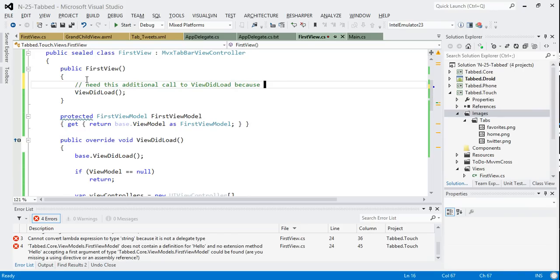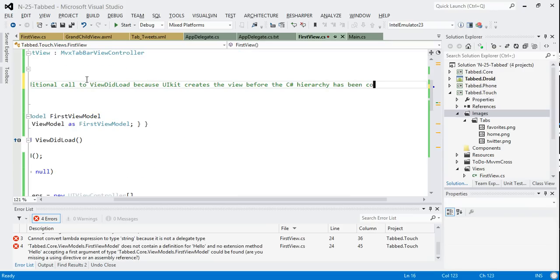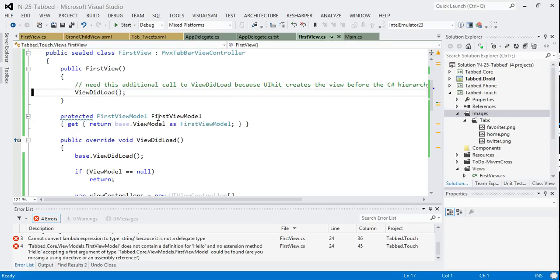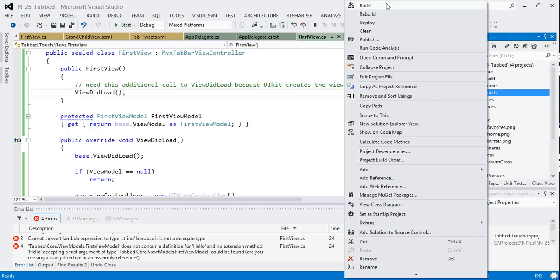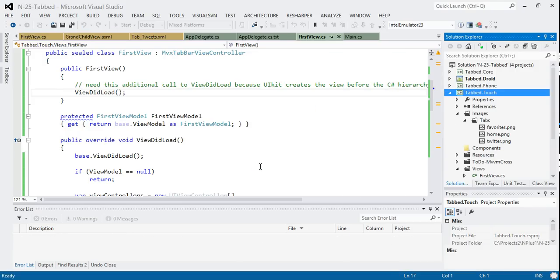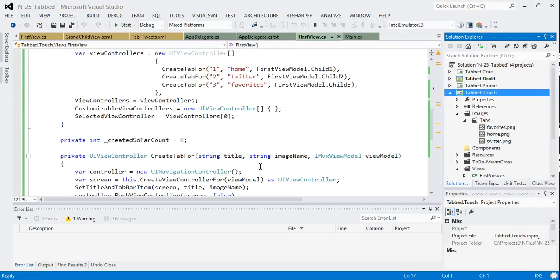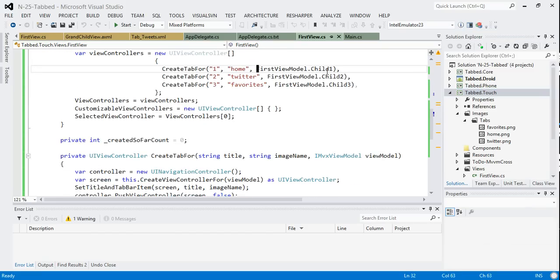because UIKit creates the view before the hierarchy is being constructed. And this is unfortunate, but there's nothing we can do about it. So at this stage we just work around it by doing this additional call to viewDidLoad. So with that done, let's just see whether or not this will build at the moment. Okay, so it looks like that builds, but again we haven't at the moment got our view controllers for child1,